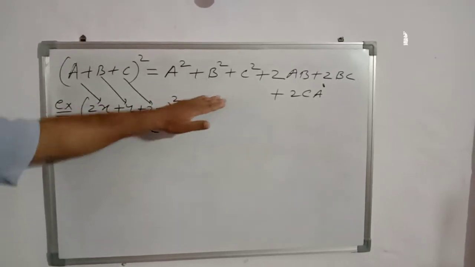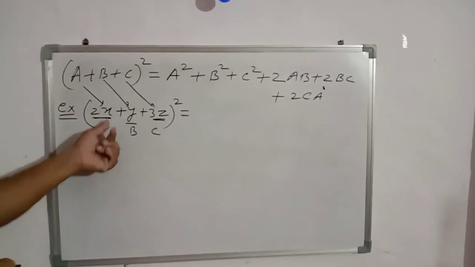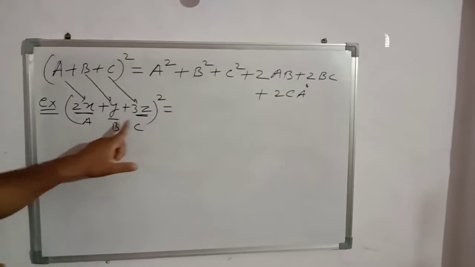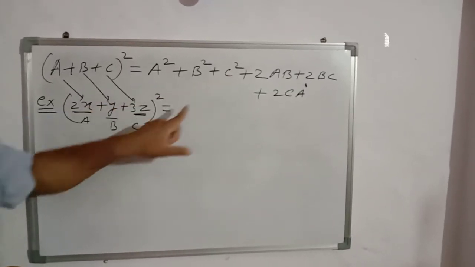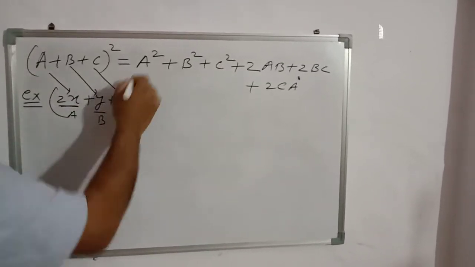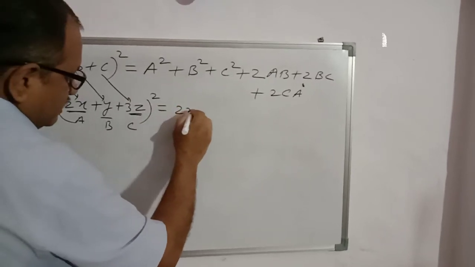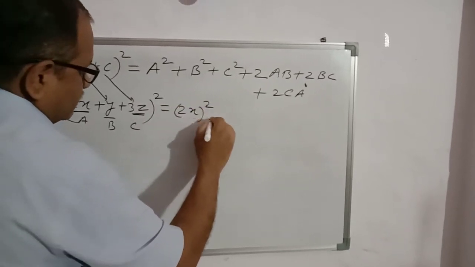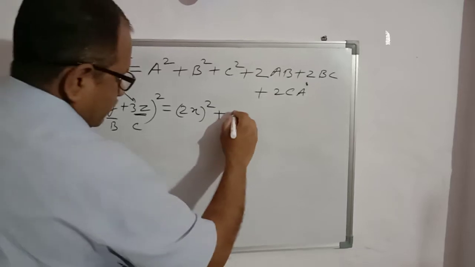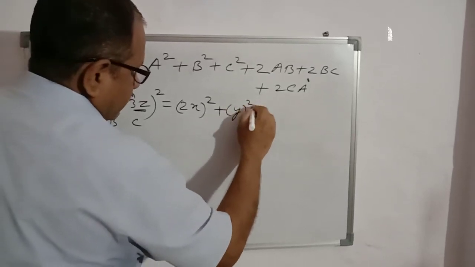So on the right side we will put in place of a 2x, in place of b y, in place of c 3z. So a is 2x, we will write (2x) square, b is y, so y square,